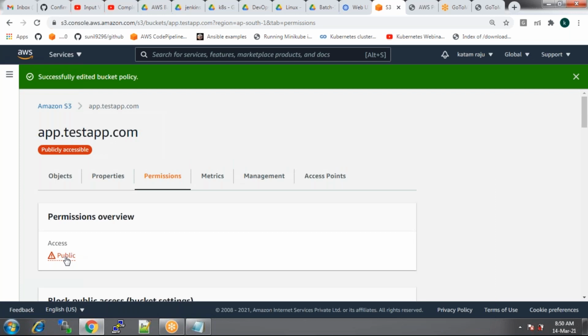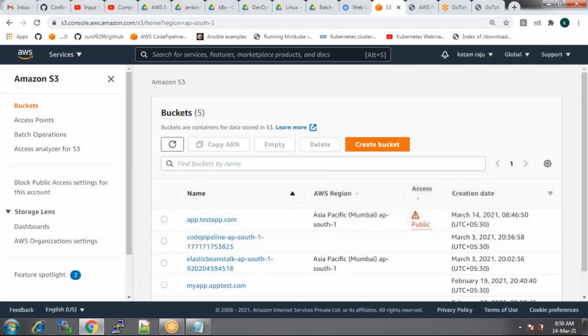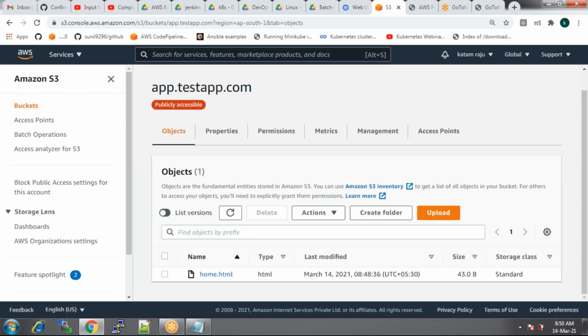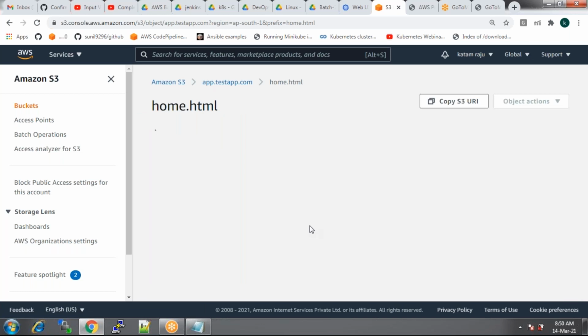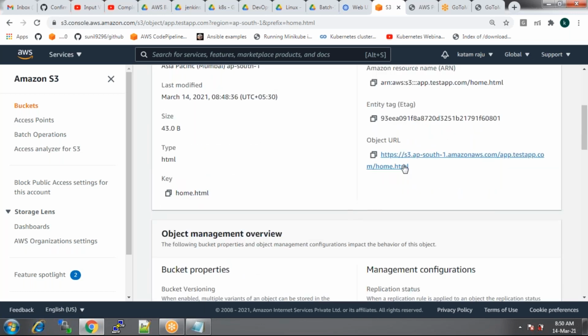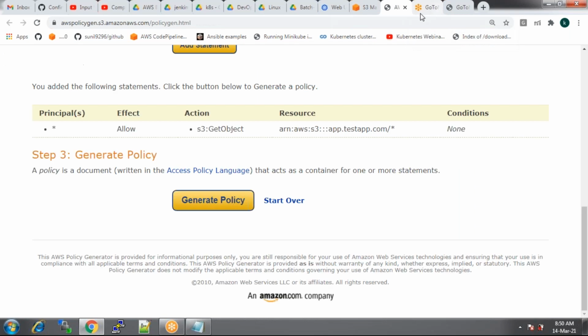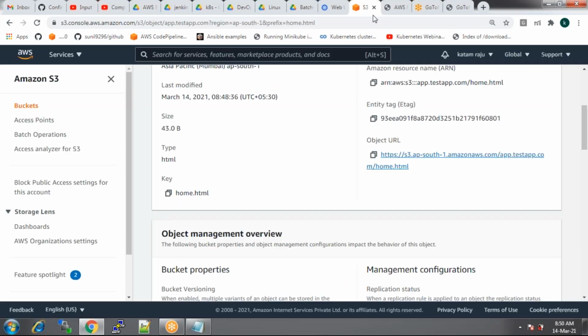Now that is public. So for confirmation, I want to check my bucket objects in the bucket. So this is the object, right? That's an object. Check the URL. I got something. Okay, so the page can be accessible now, but how can I